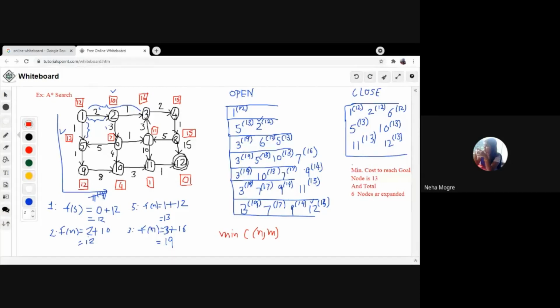If these are the cities and this is your start node, you go from this node to this node, then to this node, and maybe from this node to this node.